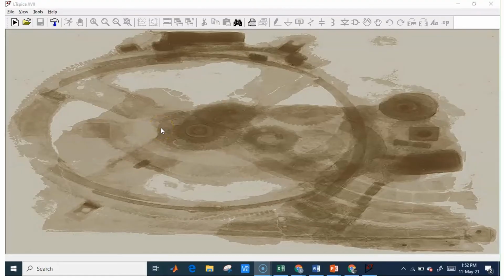Here we are going to see the simulation of mesh and nodal analysis. We are going to verify whether the theoretical values match with the simulation values. So file, new schematic. Now we are going to connect the given circuit. In the given circuit we have three different values of resistor.